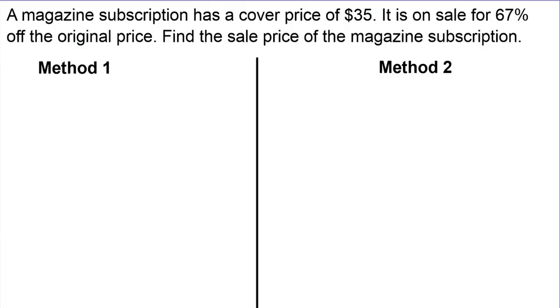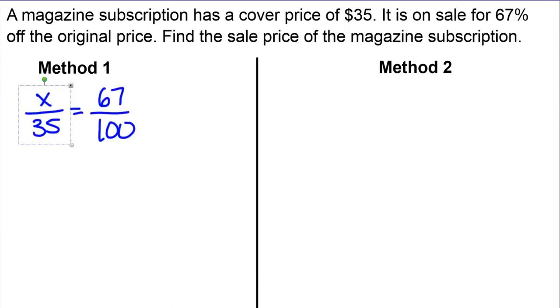We're going to look at an example, using two different methods. A magazine subscription has a cover price of $35. It is on sale for 67% off the original price. Find the sale price of the magazine subscription. Method one would be to find out how much is going to be taken off of the $35. I know it's 67%, so I want to know what is 67% of 35. That's the amount taken off the cover price. If I solve this proportion, I get X to be